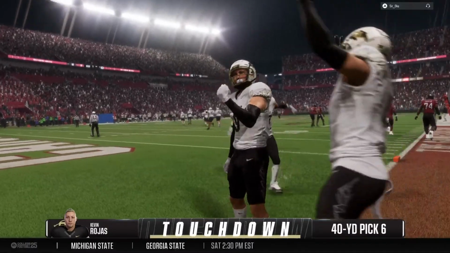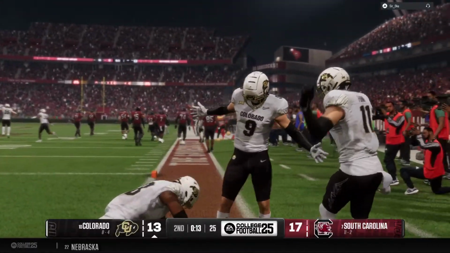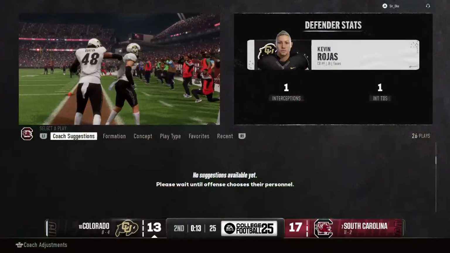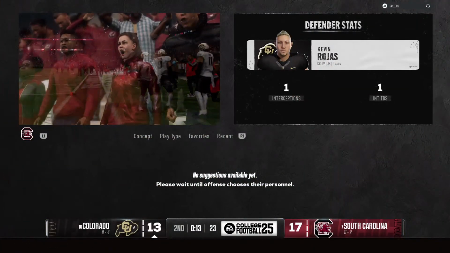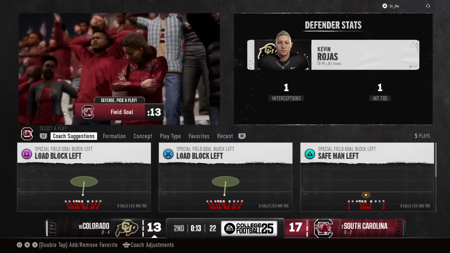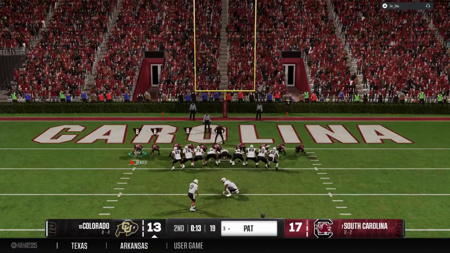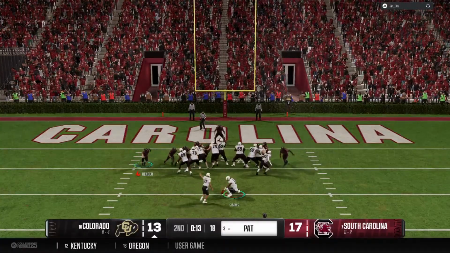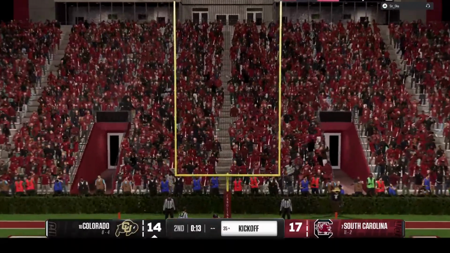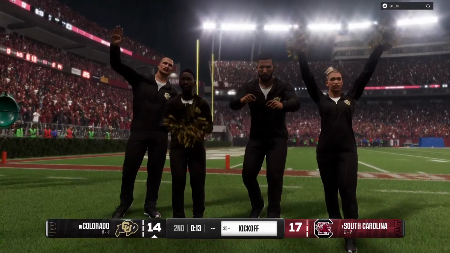For the takeaway and the touchdown, that is just a dream play for any defender, Kurt. Well, let's start with the interception. I just love the fact that he got his eyes turned around, found the football, and then has the athletic ability to be able to secure it. Then he goes back to high school running back days and shows you what he can do with the ball in his hands and takes it all the way back for a touchdown. Beautiful thing. The extra point cuts the lead to 3, 17-14.